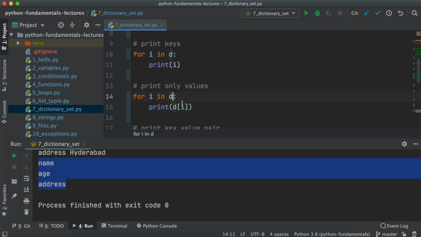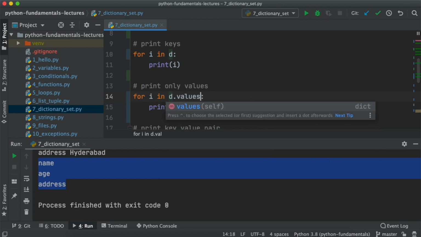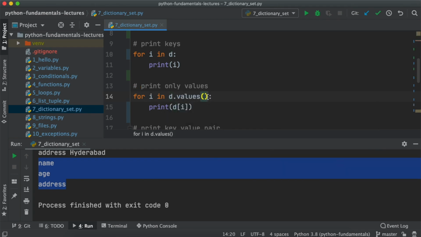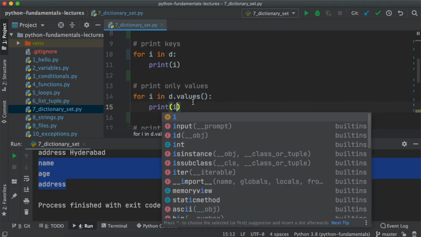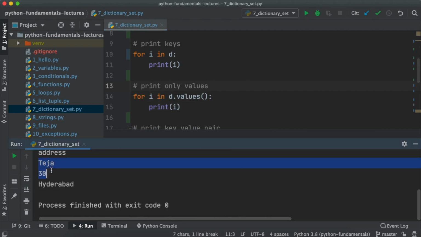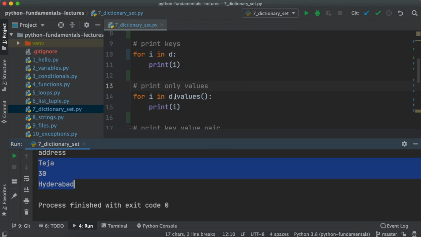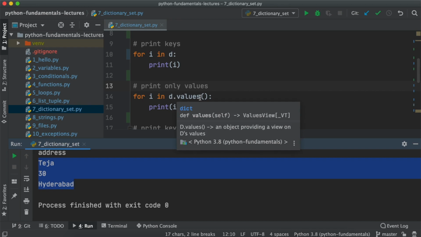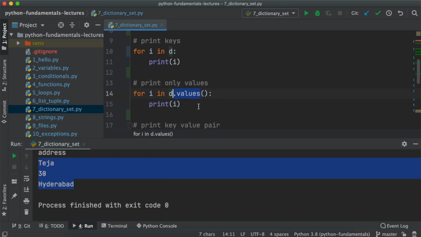When we have a dictionary, we have a function called values. When you invoke this function on the dictionary, it will pull all the values and make them sit into the I. So therefore I can directly use the I, and you save and run. This time we get Teja, 30 and Hyderabad. So if you are concerned about only the values, no keys, then you can use this function.